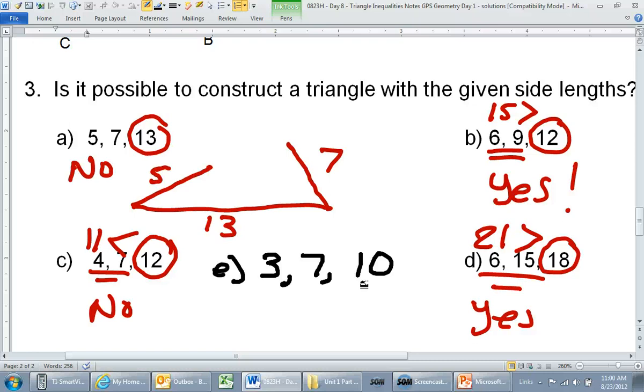Okay, put them down. Put them down. Okay, so that was pretty much an even split between the people that felt yes, this would make a triangle, and the people that felt no, it wouldn't. Okay? Now,